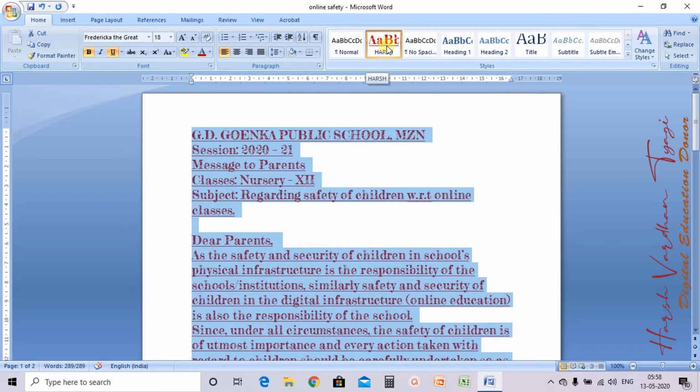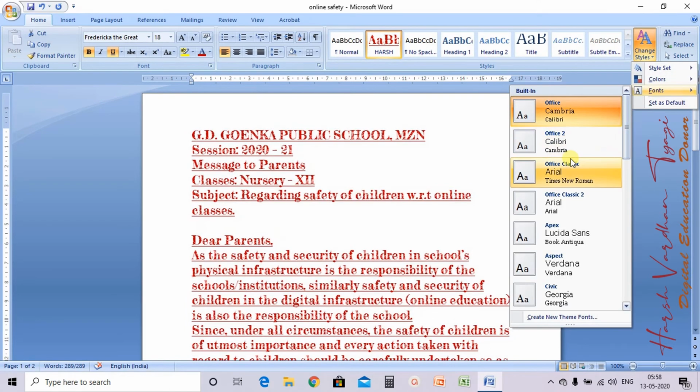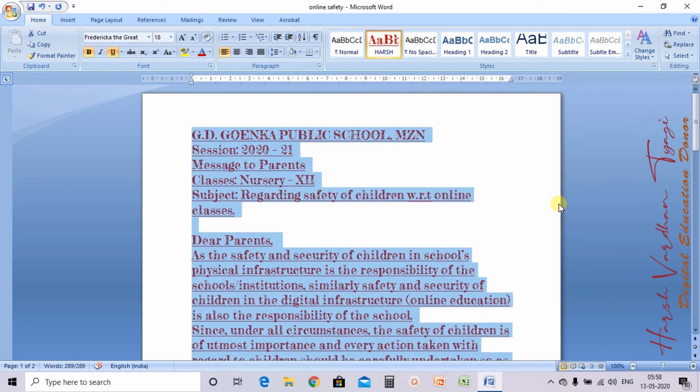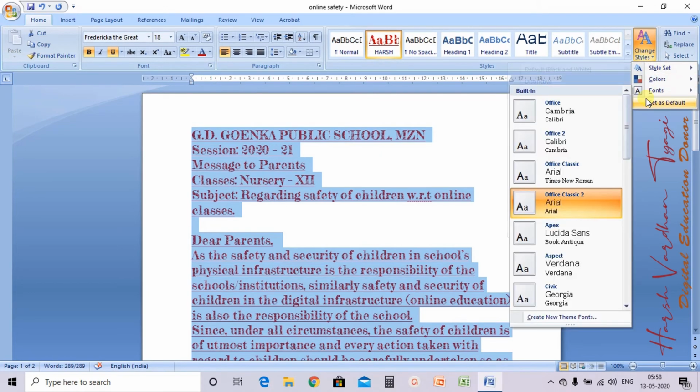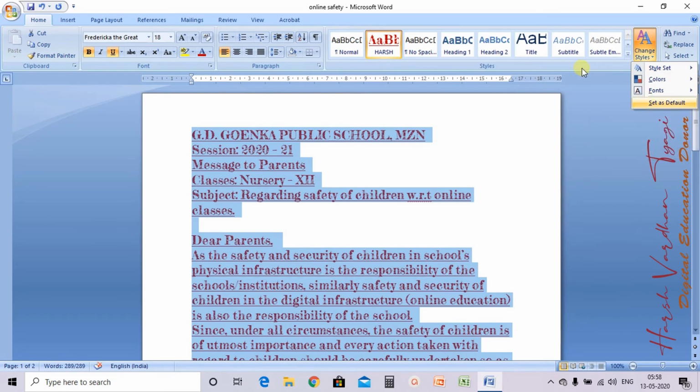What do you mean by styles? They are the pre-designed formatting options which you have in Microsoft Word. Then how you can change the style. Suppose we want to change some sort of font, I want to change in this particular. Okay, so this is how from here you can change the styles. Style set, whatever, set as default. If you want to make a particular style as default, means every time you open, by default whatever you are typing, you will get the same style which you have chosen.